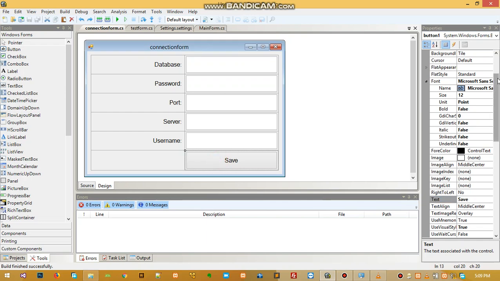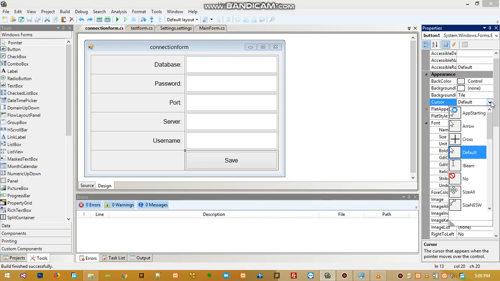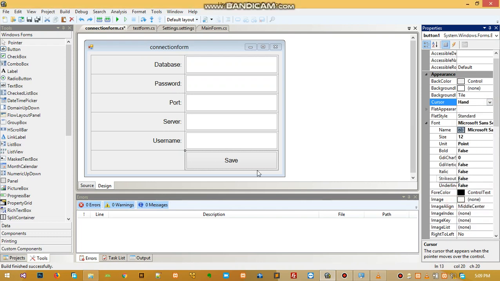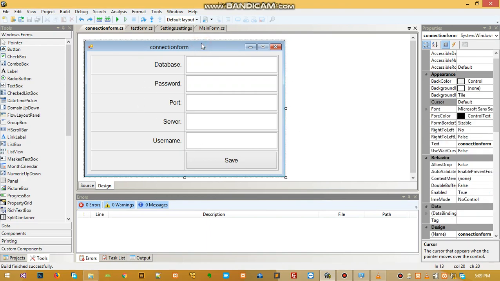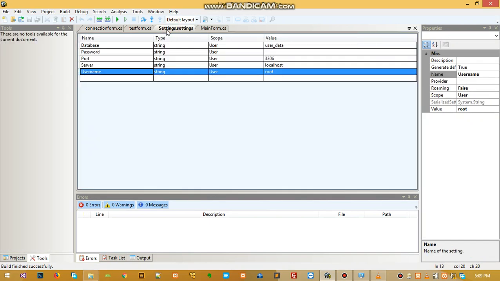And then we should change the cursor, how the mouse shows when you hover over it. Let's change it to hand like this. Okay, and yeah, so actually this is it. This is a little cool. So what we have to do now is, since we have already set this data here,